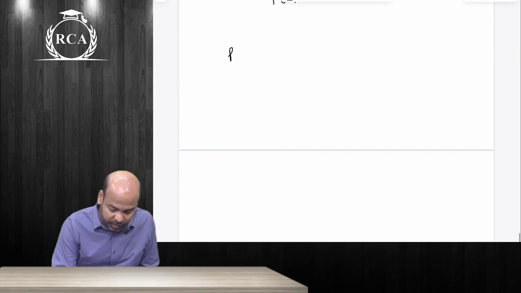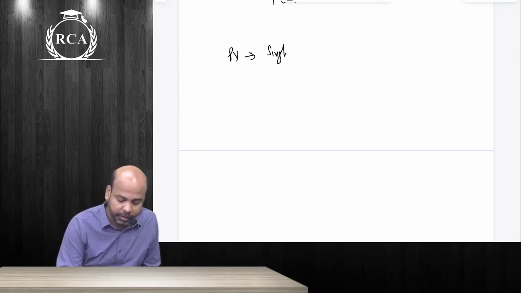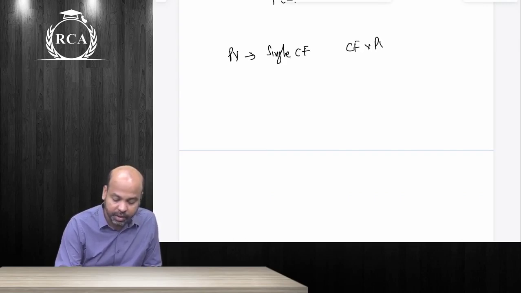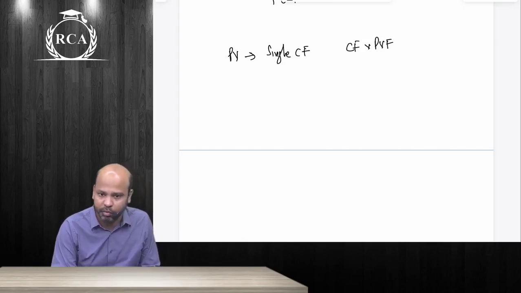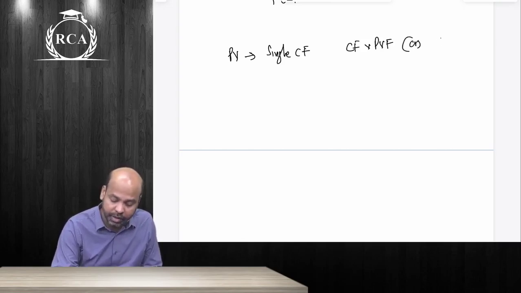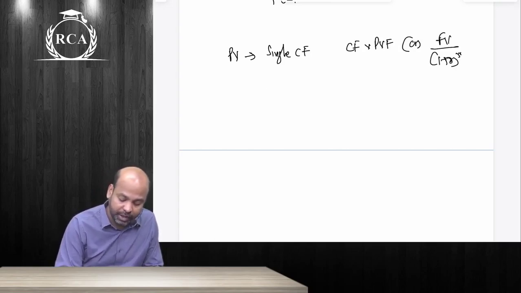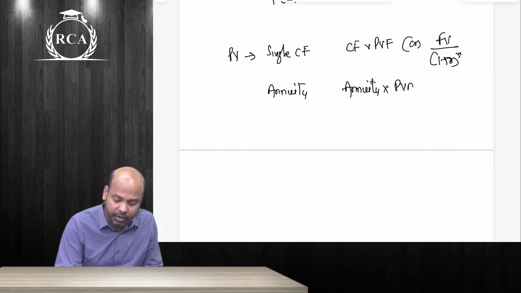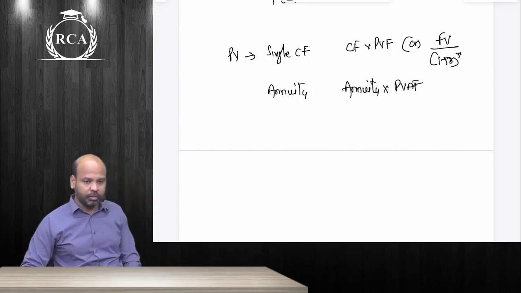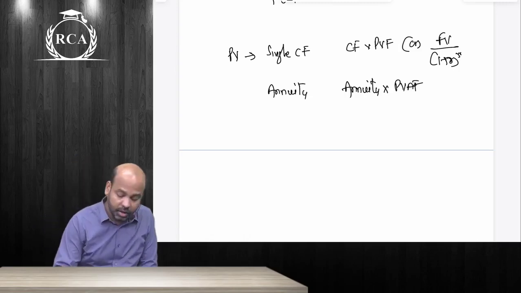So in present values, what all did we do? If it is a single cash flow, how are you going to write present value? Whatever is your cash flow into present value factor, not annuity factor. Future value divided by 1 plus r whole power n, or cash flow multiplied by present value factor. One and the same. Right, guys? If it is present value of annuity, what will you write? Whatever is your annuity amount multiplied by present value annuity factor. If it is annuity immediate, you're going to multiply this by 1 plus r. I'll get this written, don't worry, the full summary.